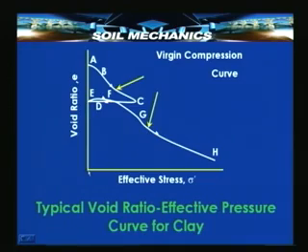Actually, this 0 state corresponds to whatever initial or overburden stress is existing in the soil, and therefore to the initial void ratio E. But any void ratio change taking place from A to B to C is essentially due to the increase in stress, or the additional stress that has now been added due to the construction activity, and therefore this compression is taking place due to this stress for the first time, and so it is known as the virgin